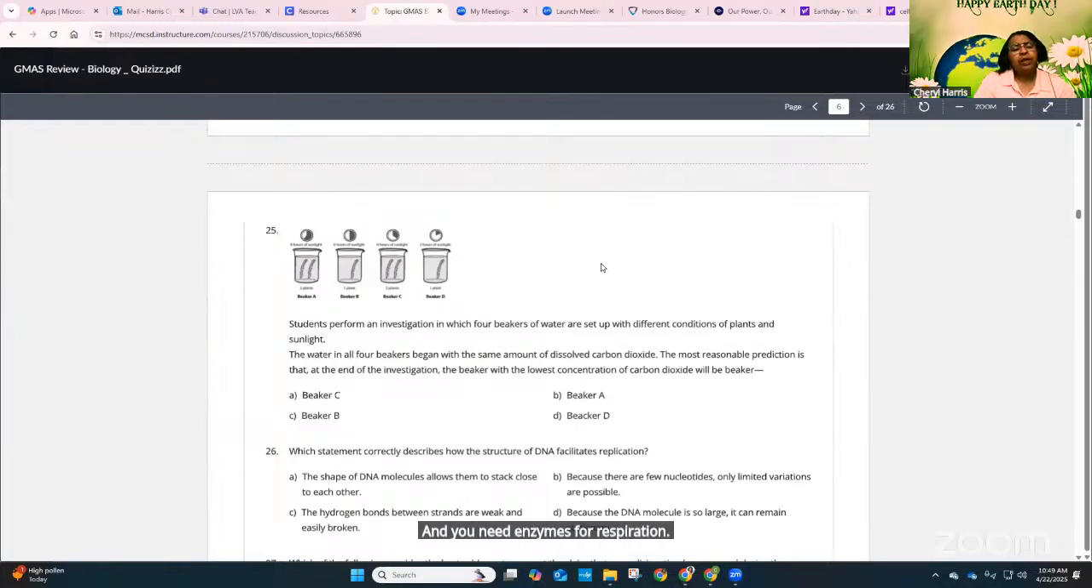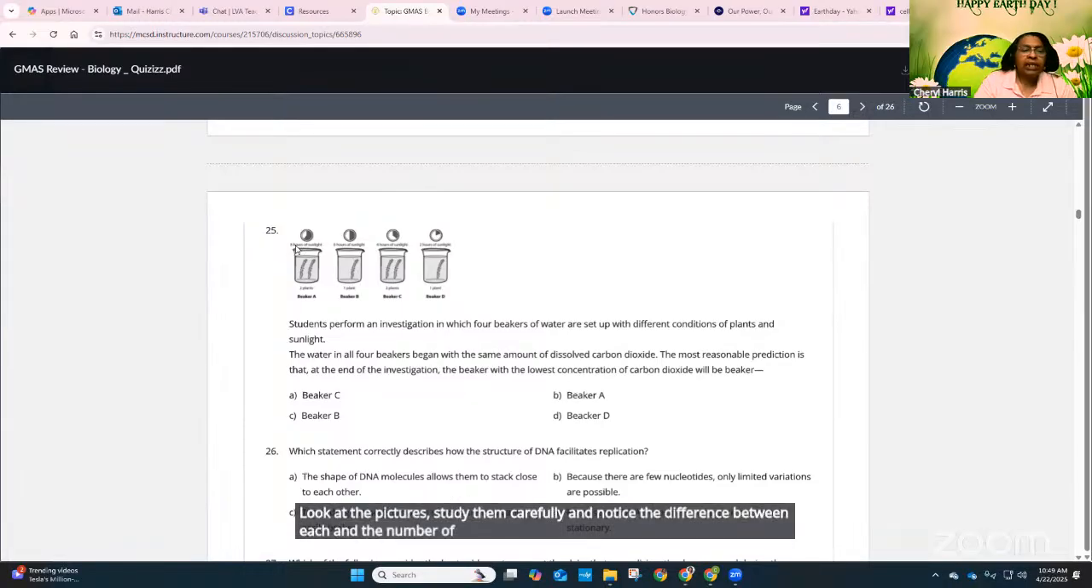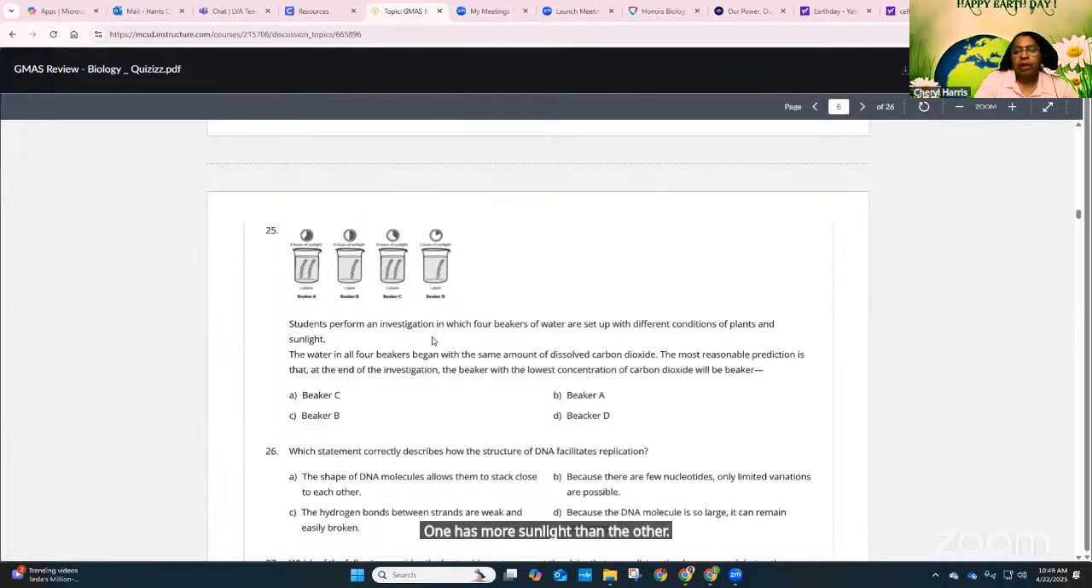All right, again, look at the pictures, study them carefully. And notice the difference between each, and the number of hours of sunlight is different on each one. So even though beaker A looks like beaker C, there's more sunlight on beaker A than there is on beaker C. And even though B looks like D, one has more sunlight than the other. And the question then asks you, if you have 4 beakers of